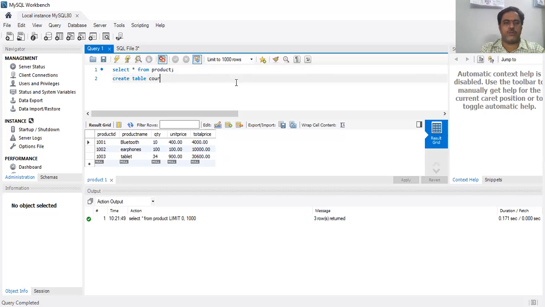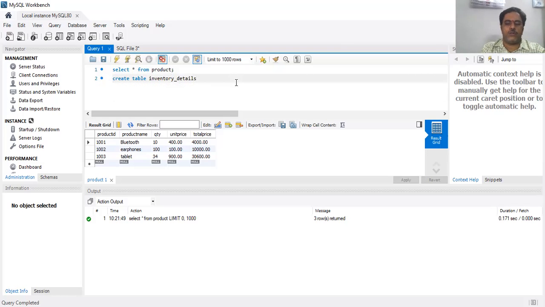Personal details. Otherwise, you can specify inventory details. Okay, this is a table created.